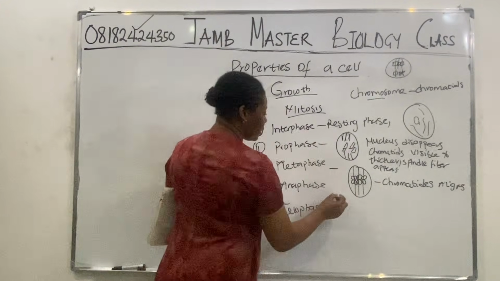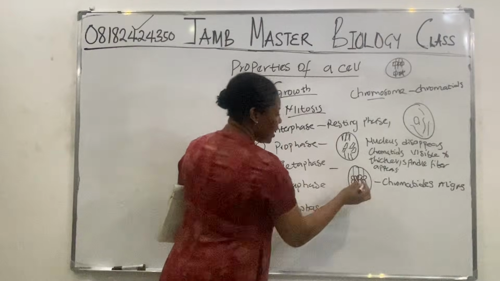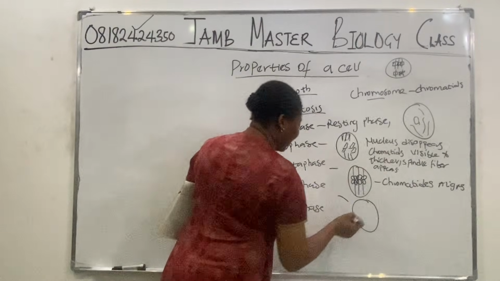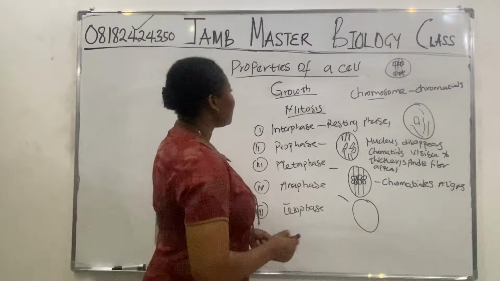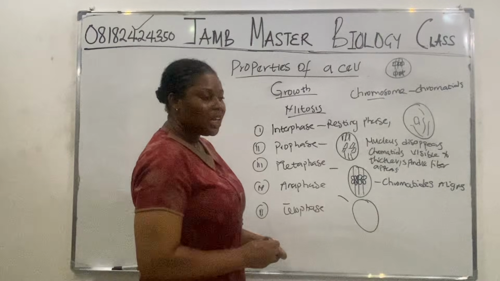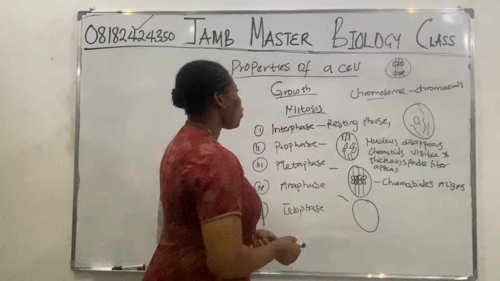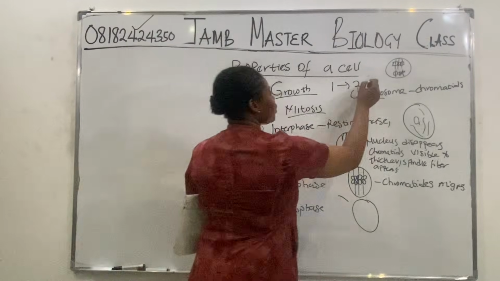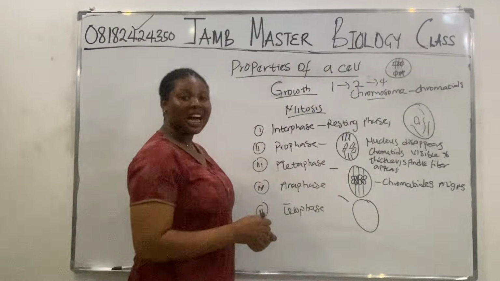Now in the anaphase, look at what happens in anaphase. This thing that has already aligned in the middle, they will now divide. Do you know why they are divided? Remember that I said cell division is the multiplication of cells. One cell will give you what? 2 cells, 2 daughter cells. 2 cells will give you what? 4 cells. That's how cell division occurs.